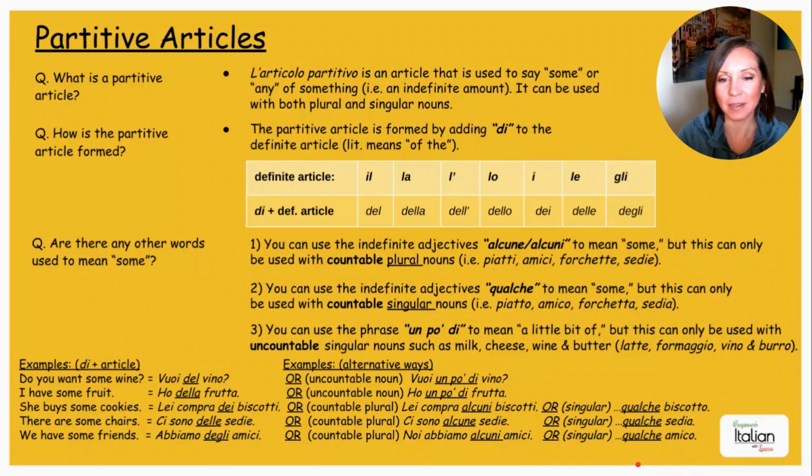Just maybe study this a bit, and eventually it will become clear. And if you're confused, you can just stick with these guys up here. Once you get a hang of which definite article to use with the noun, and by adding the D plus a definite article, okay, you can use these for now. And then once you become more comfortable with it, you can use one of these, okay, whichever one is most appropriate for the noun that you're talking about.